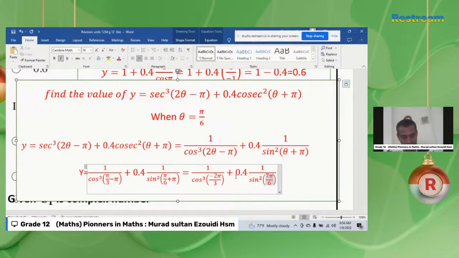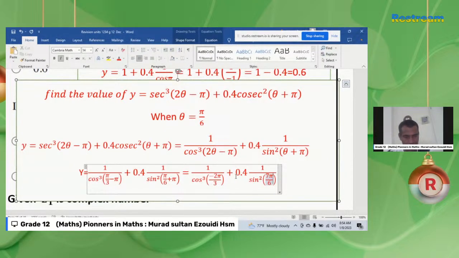I'll just write 1 divided by, between parentheses, cosine of minus 2 shift pi, divided by 3, and I will close the parentheses to the power 3. So then plus 0.4